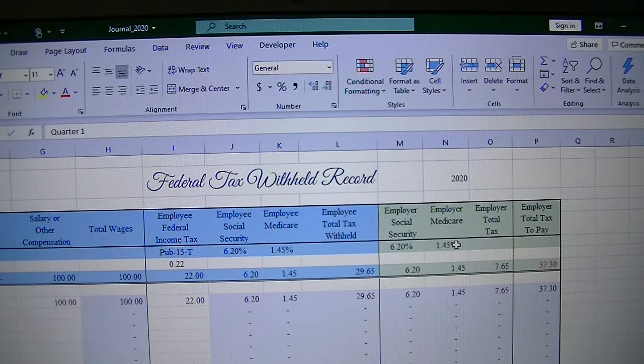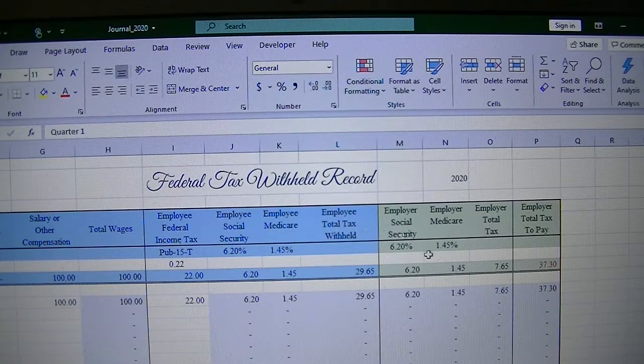Employer is not going to match the income tax, just the Social Security and the Medicare. So the employer is going to pay 6.20% as well, $6.20. Employer is going to pay Medicare tax as well, 1.45%, which is $1.45, and the employer total tax is